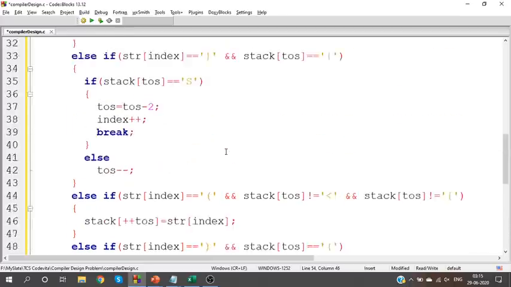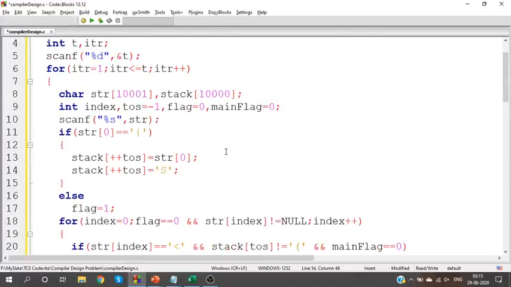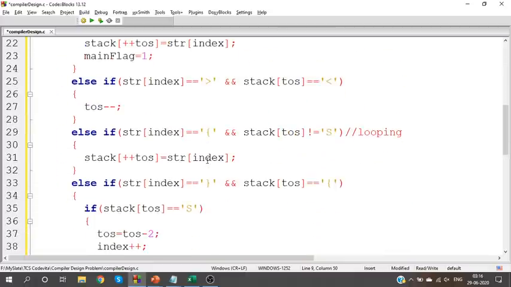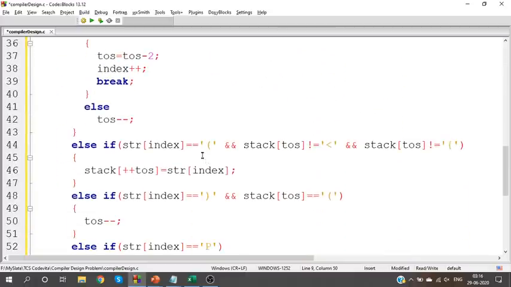To know that, I will have a flag for user function. Okay, for main we had a flag. Similarly, for user defined function, we will have a flag. Simple. So where do we identify a user defined function? When I see a round bracket, I have a user defined function.